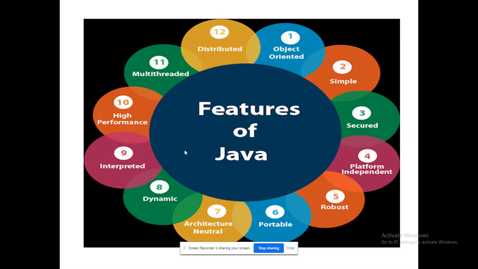These two terms are combined because when you execute a Java program, you will get a class file. That class file is completely secured. Moreover, that class file can operate on any operating system. For example, in Windows, you have created a Java program, file name.java. When you run the program, it generates file name.class. The file name.class generated in Windows will run in Ubuntu. The file name.class generated in Windows will run in Mac OS. The file generated in Mac OS will run in some other Android OS. Likewise, the class file is completely platform independent.